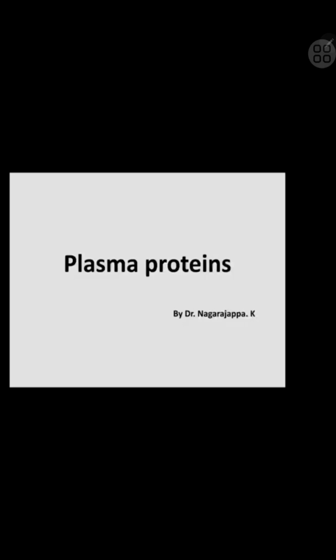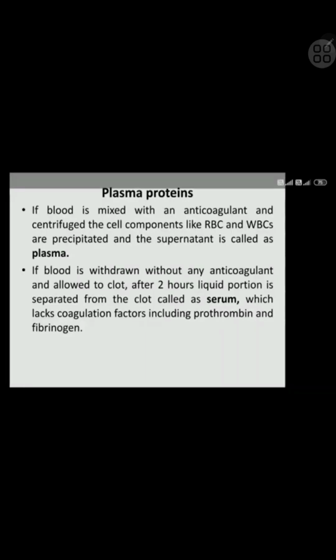Some of the globulins, alpha and beta globulins, may be asked for 3 marks, and one more 3 or 5 marks question is acute negative phase protein, C-reactive protein, and also Bence Jones proteins or multiple myeloma for 3 marks or maybe 5 marks. Coming to plasma proteins, if blood is mixed with an anticoagulant and centrifuged, cell